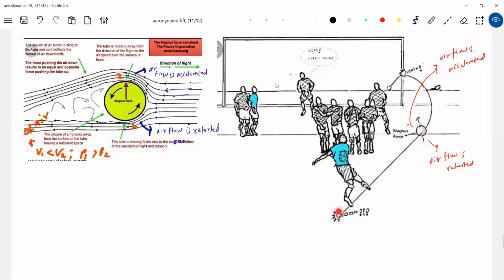Okay, can he send directly? These 2 persons will block it, no? So what has to be done? The ball has to be curved like this. I think we have a very popular player, no? Beckham, David Beckham, England's previous captain. He was called a perfectionist in using Magnus force.